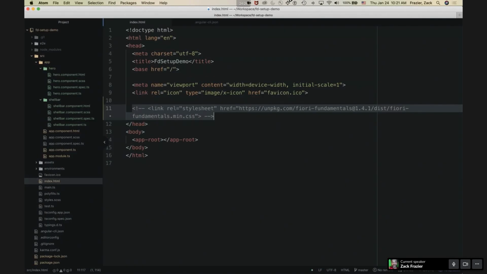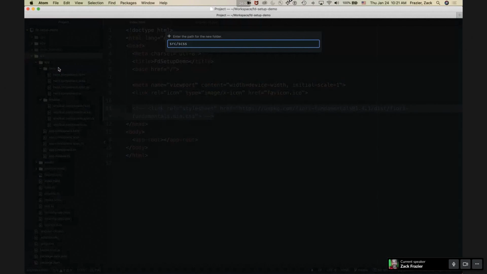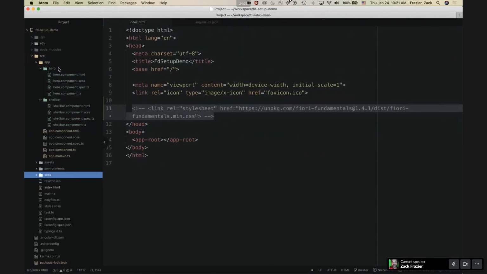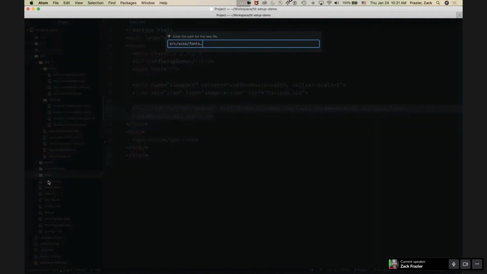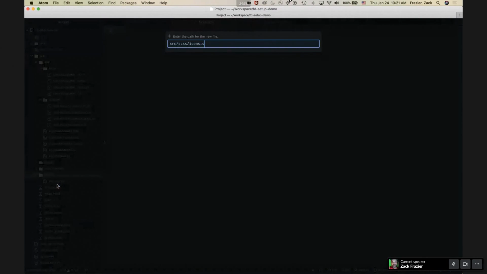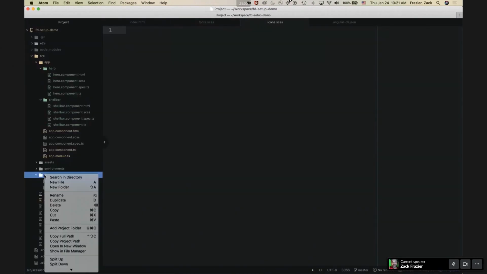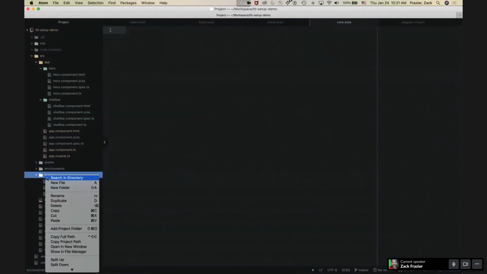So now what we're going to do is go into our source file, and I'm going to create a new folder called SCSS. You can call it styles or whatever you want. Doesn't really matter too much. So I'm going to do a basic setup right now. What I recommend doing is creating a couple of files to handle a few common items. So the first thing I'm going to do is create a fonts SCSS file. I'm going to create another file called icons.scss, and I'm going to create a file called core.scss, and I'm going to create a file called